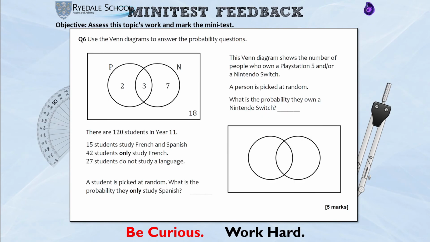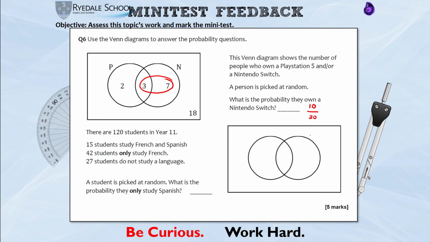Question number 6 to do with Venn diagrams. It says the Venn diagram shows the number of people who own a PlayStation 5 or a Nintendo Switch. A person is picked at random. What is the probability they own a Nintendo Switch? Okay, now I think there's going to be a lot of people that have put 7 for the numerator. However, there are 10 people that own a Switch. The 7 here plus the 3 that also own the PlayStation. What is it out of? Well, altogether, it is out of what all these numbers add up to,